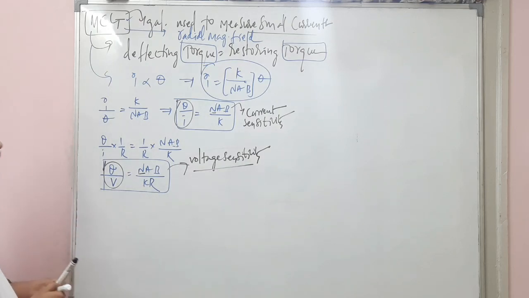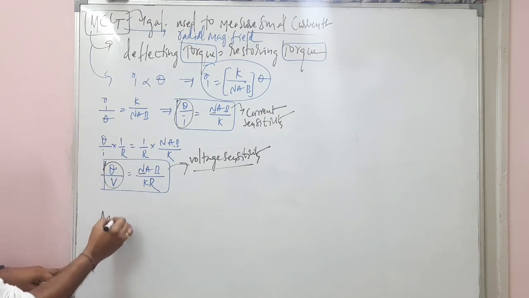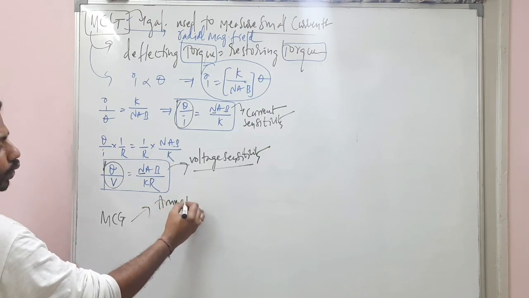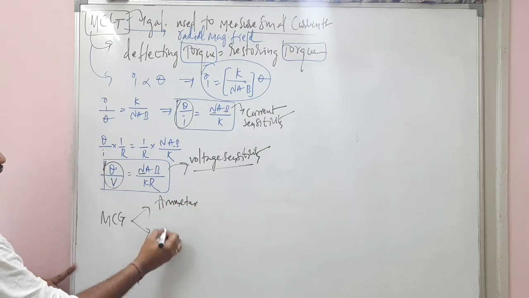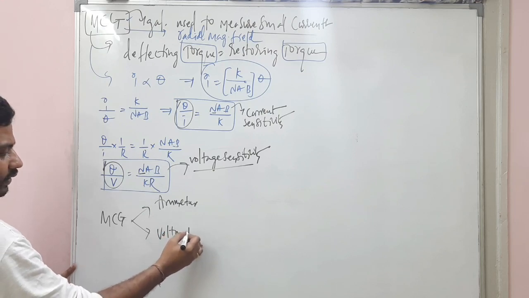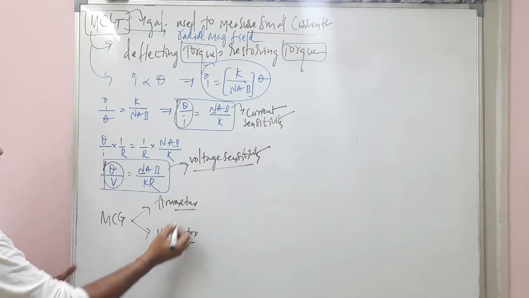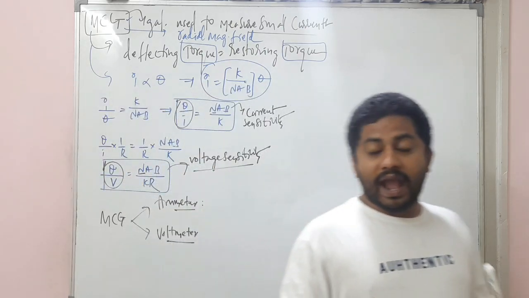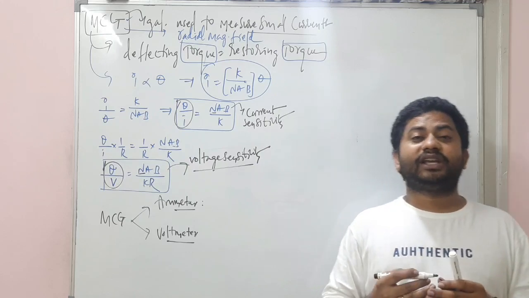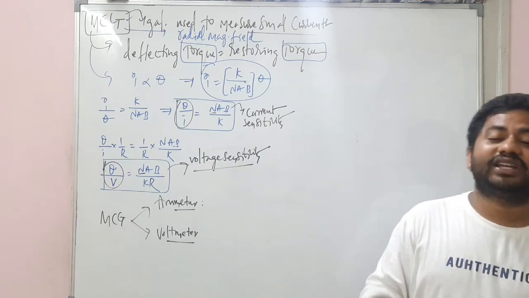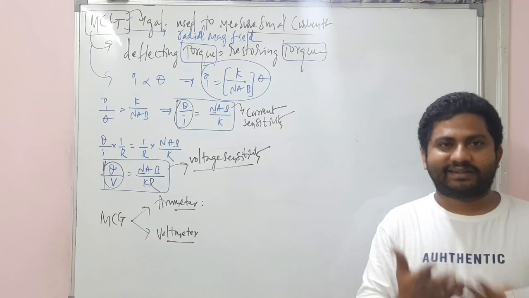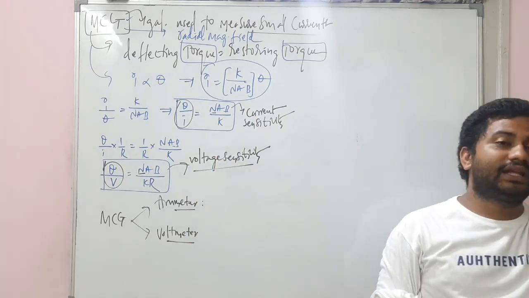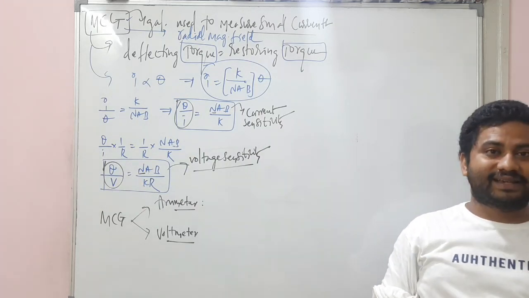And this moving coil galvanometer, my dear students, can be converted into an ammeter and a voltmeter. The aim of the ammeter is to measure very small currents. And the aim of a voltmeter is to find the potential difference across the resistors, across the wires. So both purposes can be served by using a moving coil galvanometer, and we'll be discussing how here.